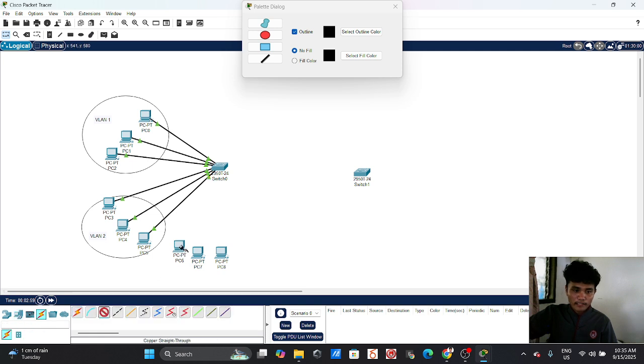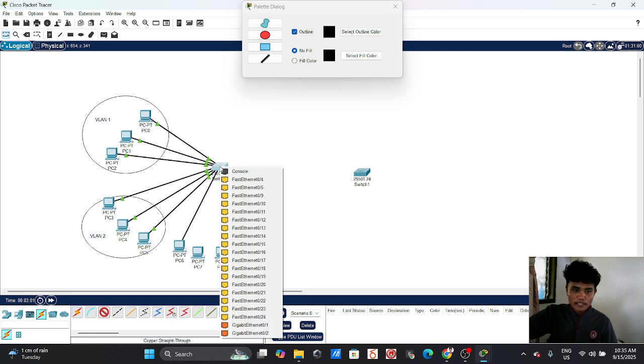This is our VLAN 3. VLAN 3 is for 11 to 15.